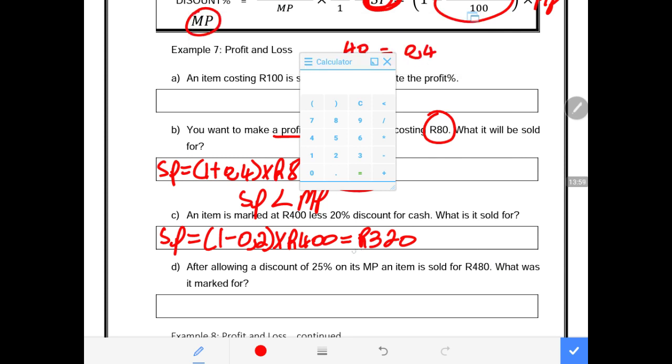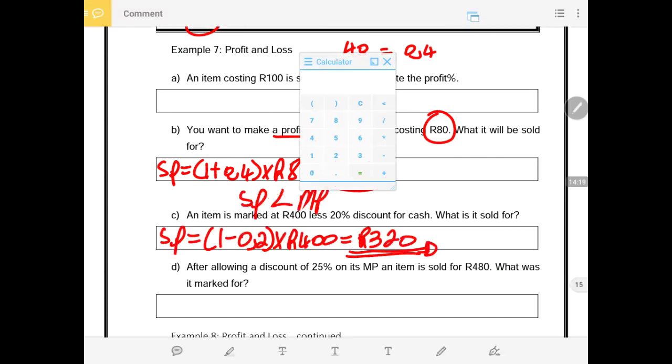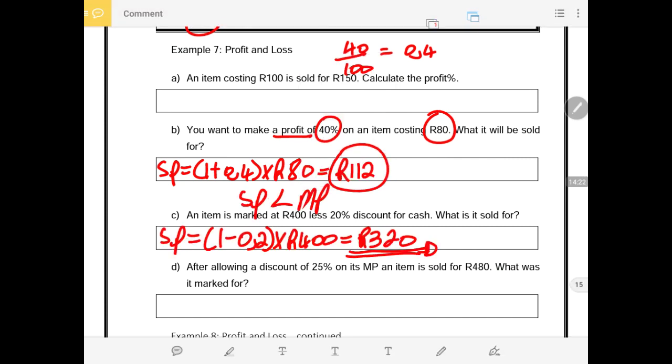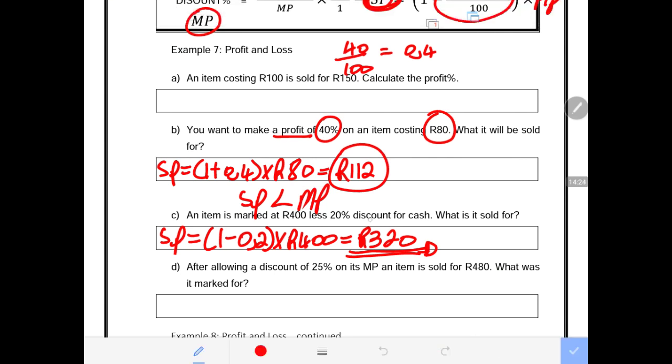Now this is the selling price. It means the selling price of this product is 80% of the marked up price. Why? Because a discount was given. So we're selling the item at a price less than the price at which the item was marked. That is why I will always say that the selling price is always less than the marked up price. There we can see our marked up price being 400, which is 100%,